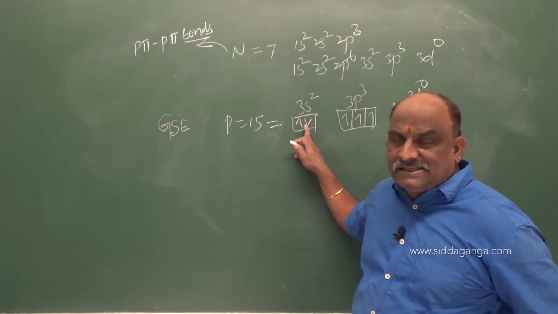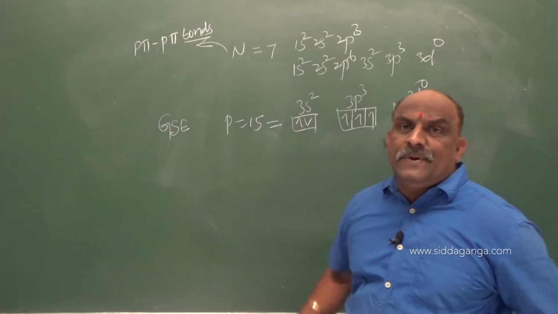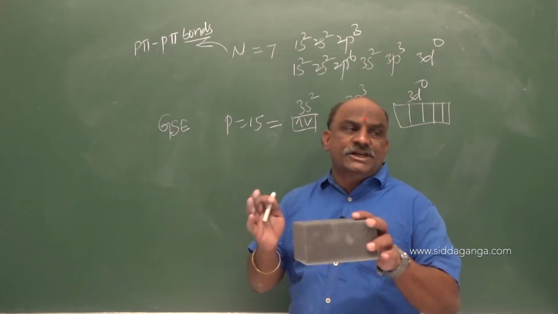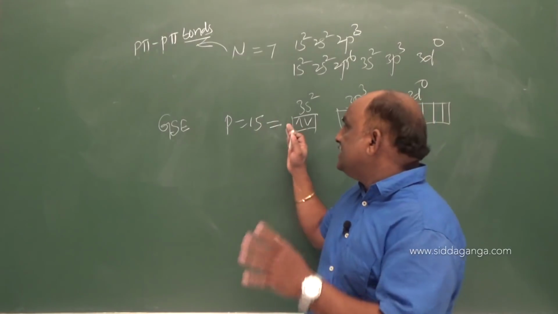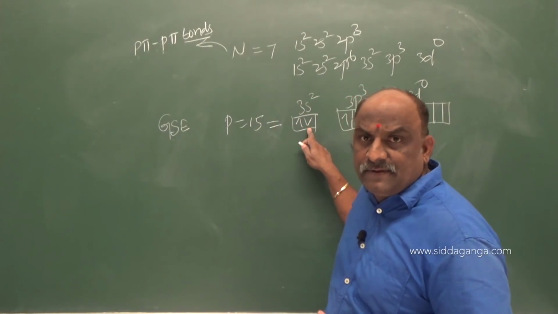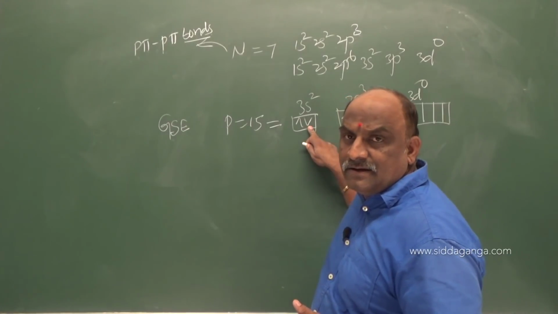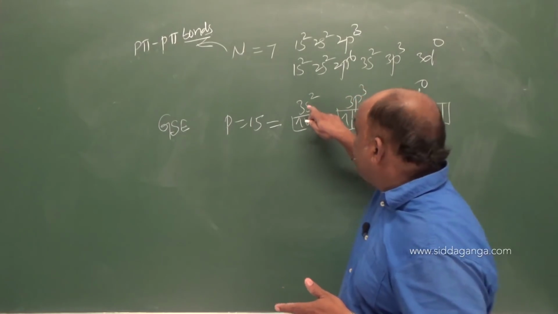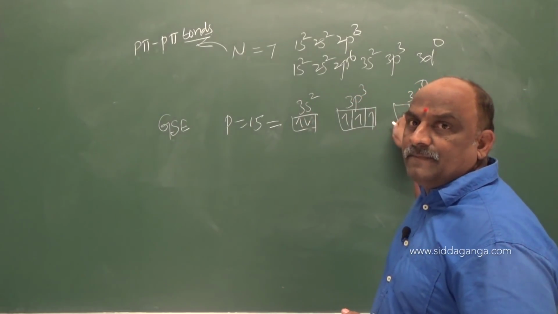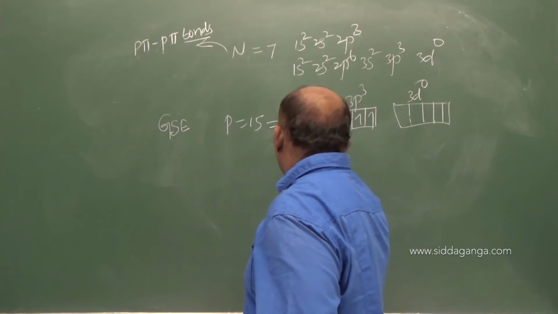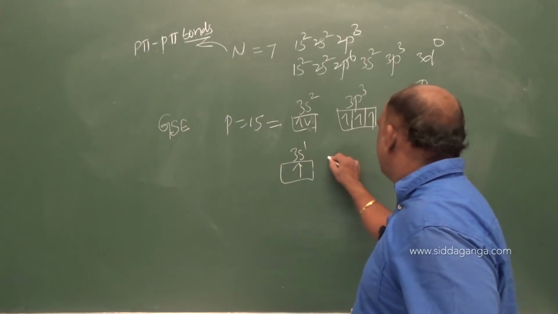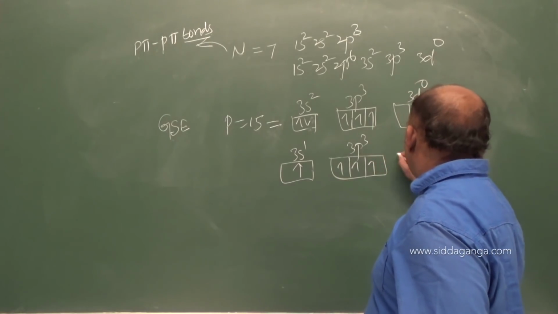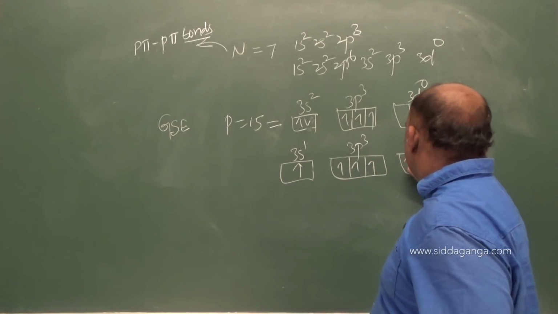Once you observe, in this 3s electron pair is there. Suppose this pair receives sufficient energy or any radiations, this paired electron takes that energy and jumps from 3s level to 3d level. This configuration can be written as 3s1 followed by 3p3 and the next one is what? 3d1.